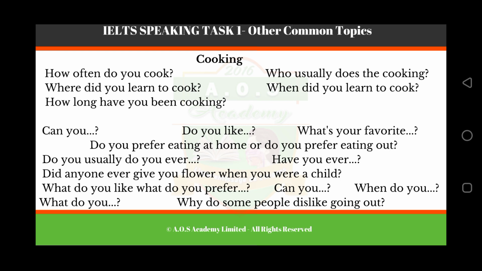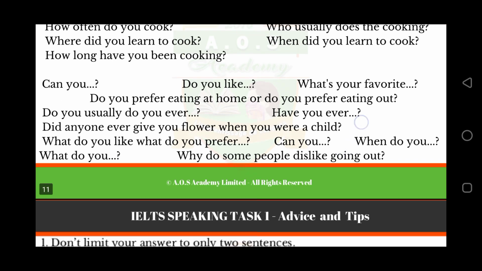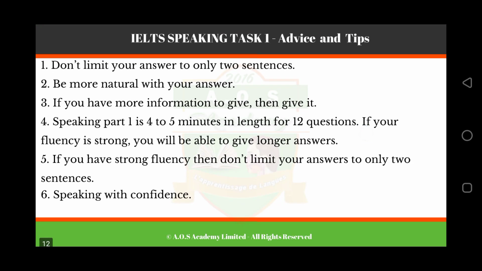So here is a question on that. Why do some people dislike going out? Now, please, if you get a question like this, don't talk about yourself. This is about other people. So with this question, you need to explain why there are people who don't like going out. Okay? So now we have some tips and advice on how to answer the